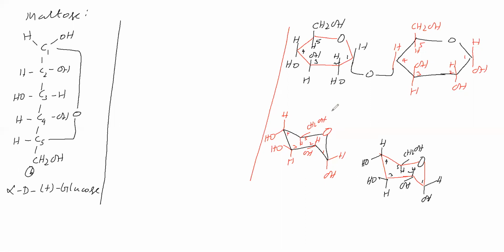Now it will go for glycosidic linkage. Glycosidic linkage means the C1 carbon OH group of this unit and the C4 carbon OH group of this unit. The left side unit's C1 carbon OH group and the right side unit's C4 carbon OH group are going for glycosidic linkage. So now glycosidic linkage is possible here, and we will give the glycosidic linkage.